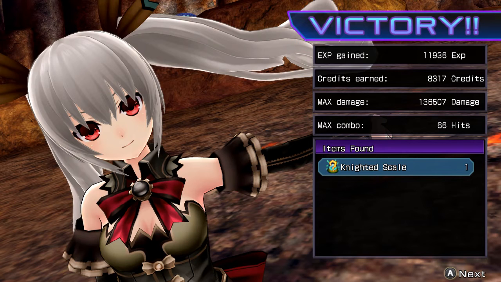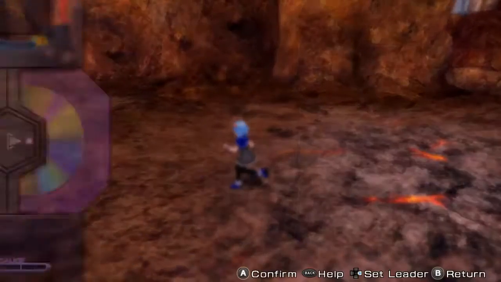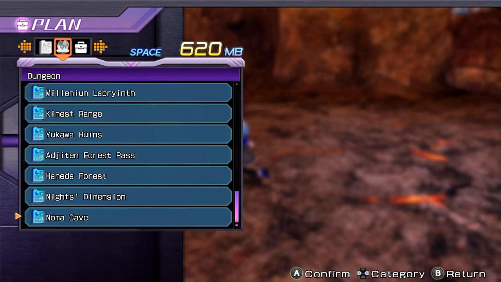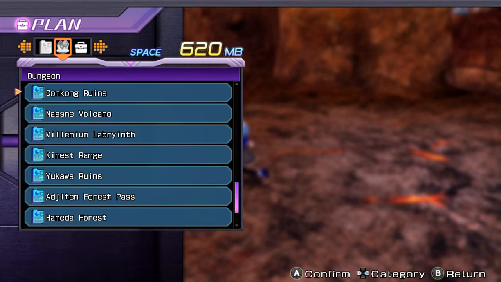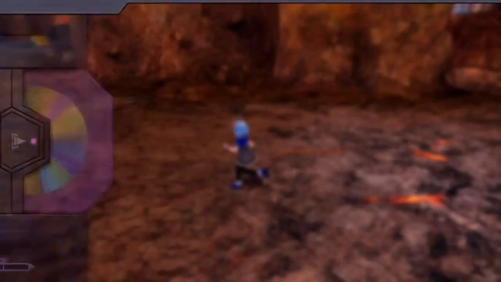Let's see what I actually need in this area. It's not as much as you might feel. Definitely need the magical contracts and magical reactor freeze, which are from an extra enemy in this area. So yeah, I need to build up the extra enemies in this area. I have the item required, which is a phantom birdwing, which is good, and sharp fang. Okay,